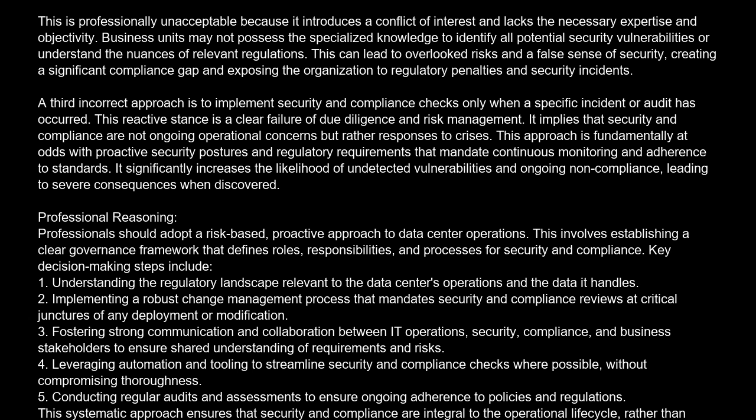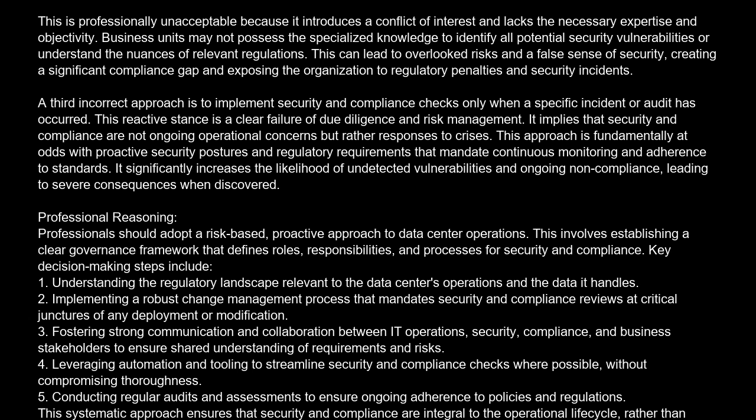Professional reasoning. Professionals should adopt a risk-based, proactive approach to data center operations. This involves establishing a clear governance framework that defines roles, responsibilities, and processes for security and compliance. Key decision-making steps include: 1. Understanding the regulatory landscape relevant to the data center's operations and the data it handles. 2. Implementing a robust change management process that mandates security and compliance reviews at critical junctures of any deployment or